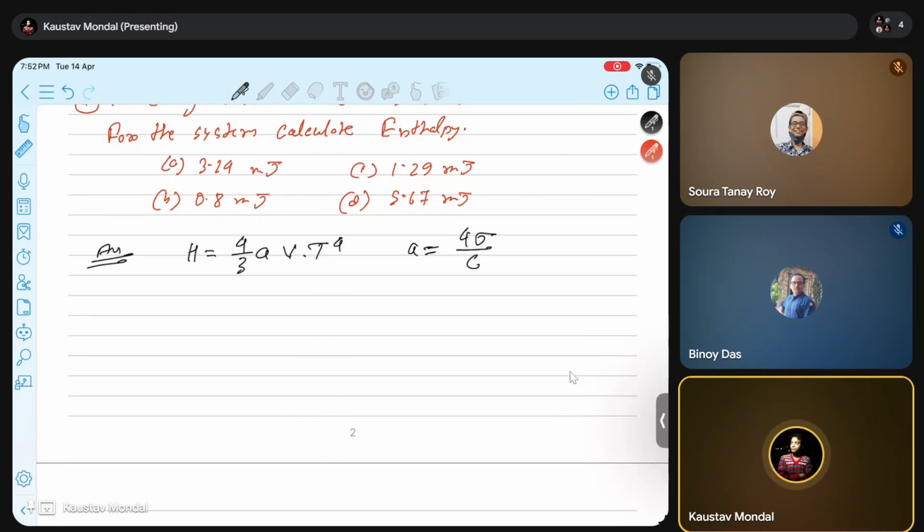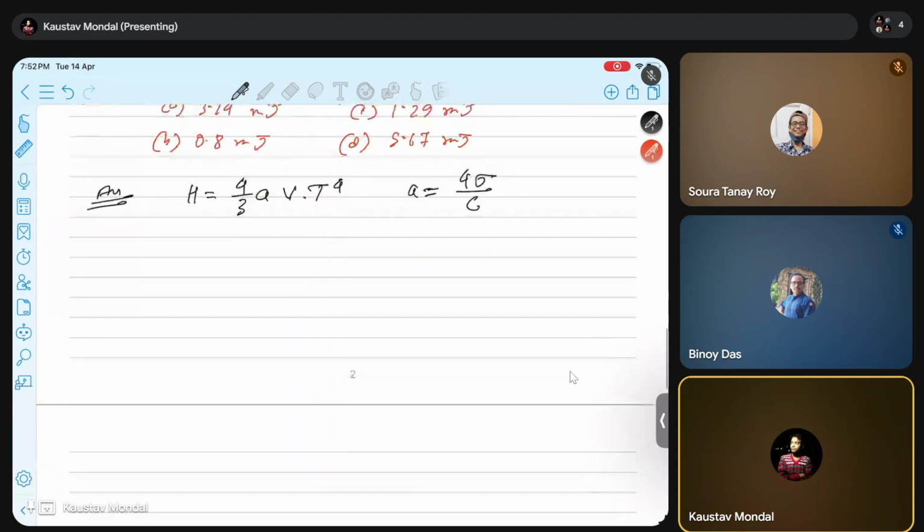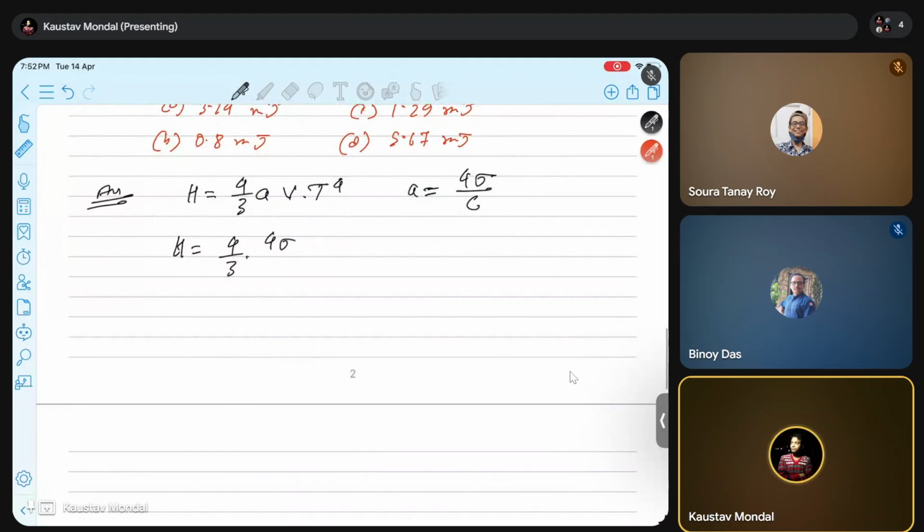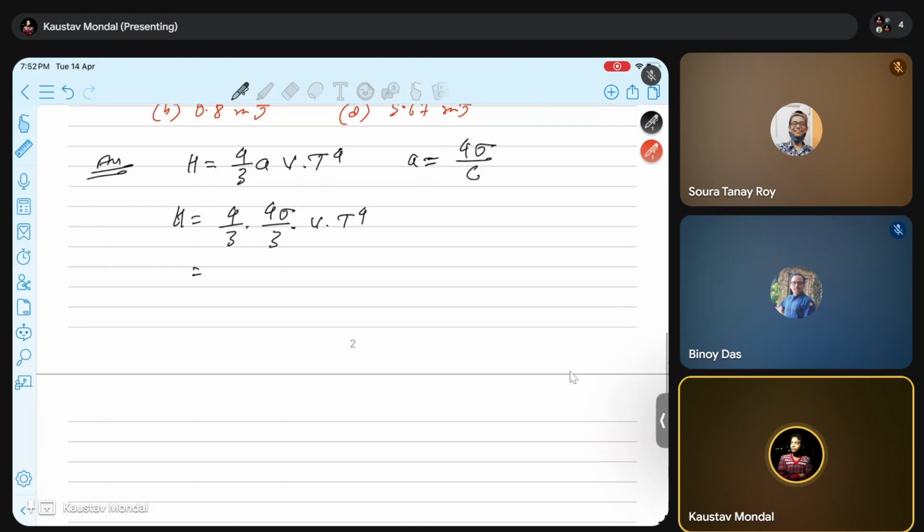C is the speed of light, the speed of the radiation. So H equals 4 by 3, 4 sigma by C into V into T to the power 4. Let's now substitute the values. 4 by 3 into 4 by 3 into